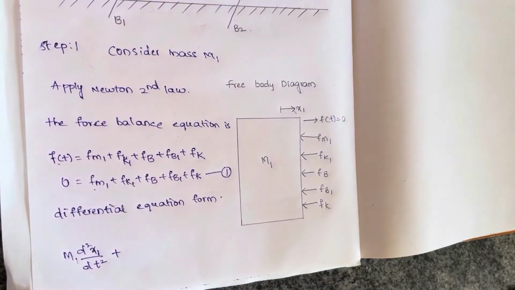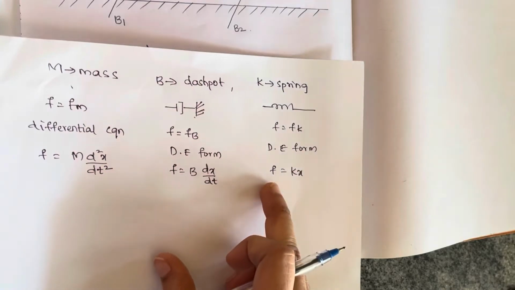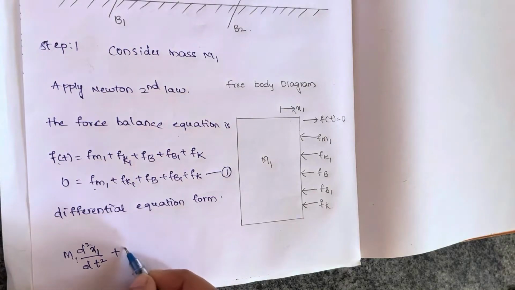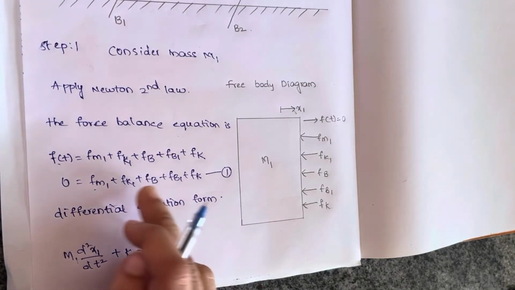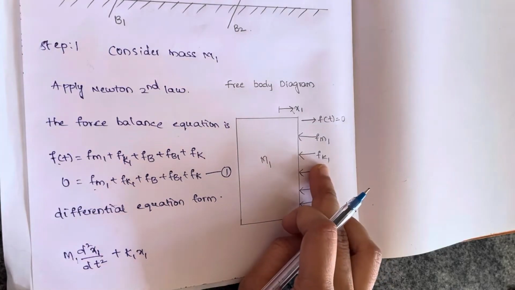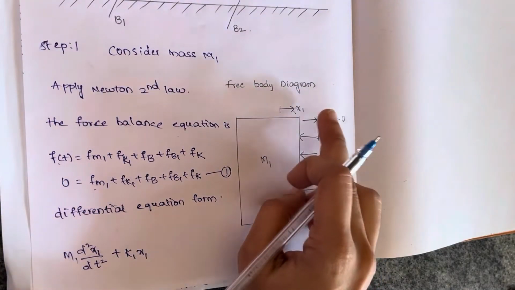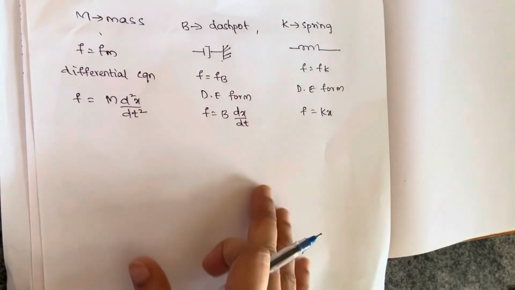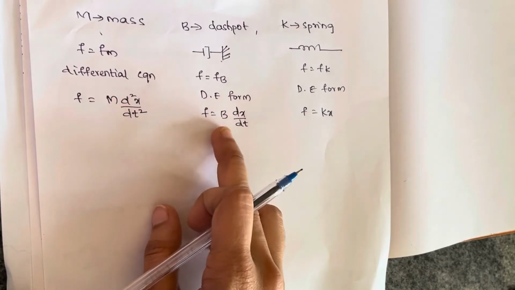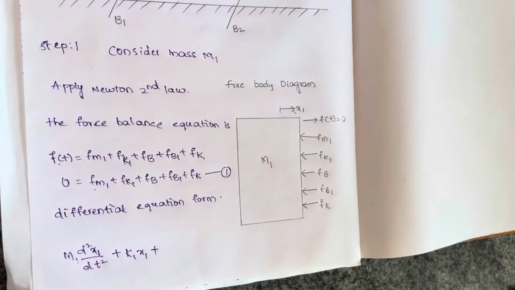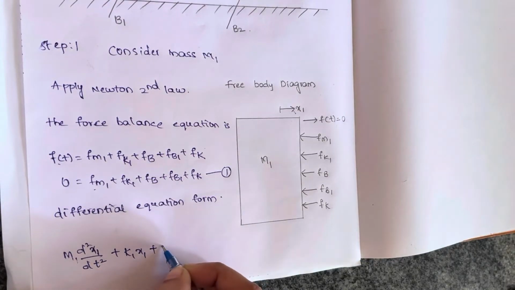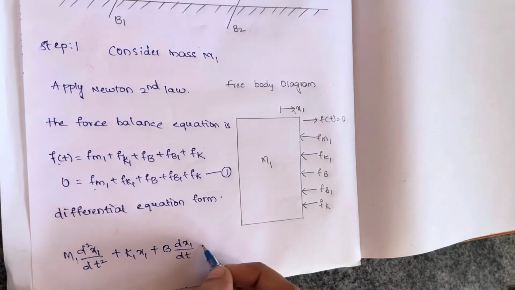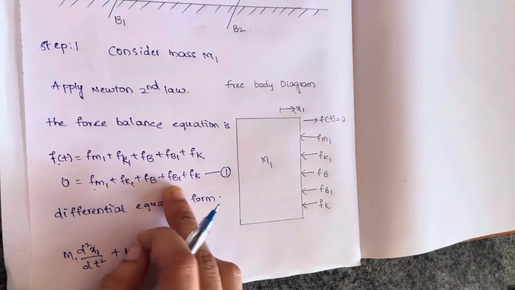For spring, we write the differential equation form f equals kx. That is k1 x1. K1 for this spring k1, and x1 is the variable, plus fb. B means dashpot. For dashpot, the differential equation will be f equals b into dx by dt. That is b into dx1 by dt,